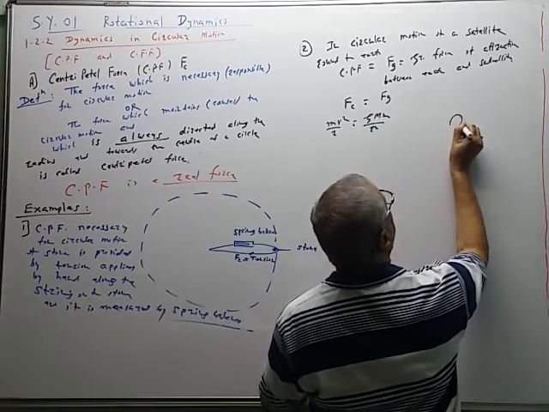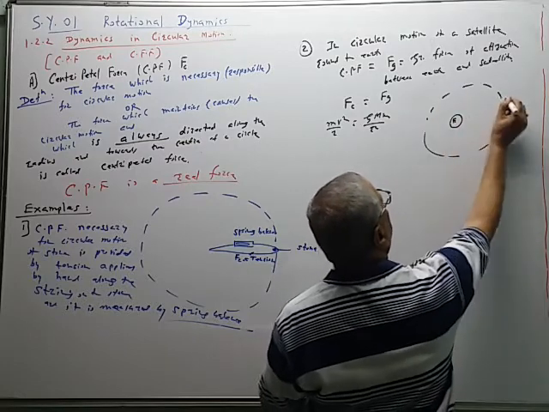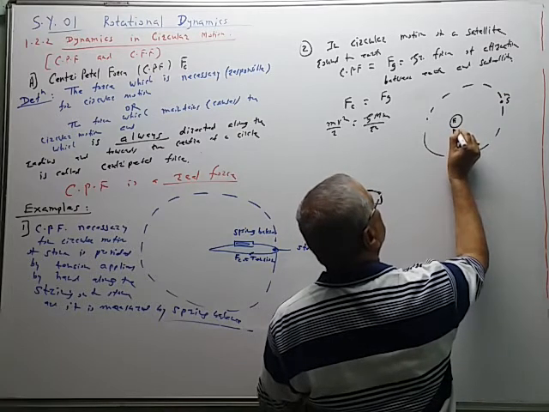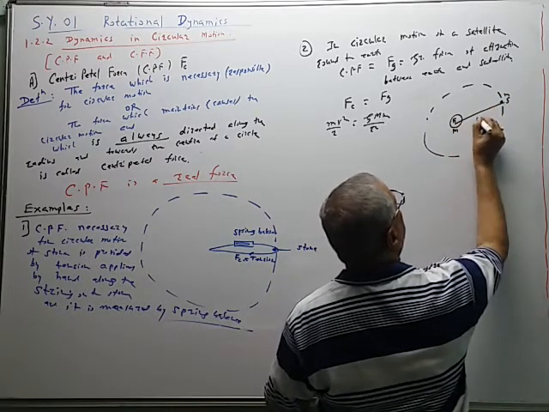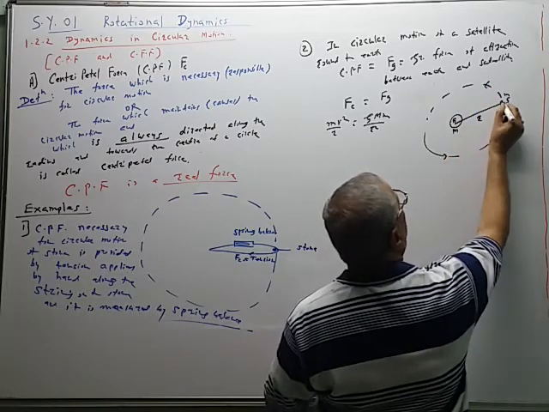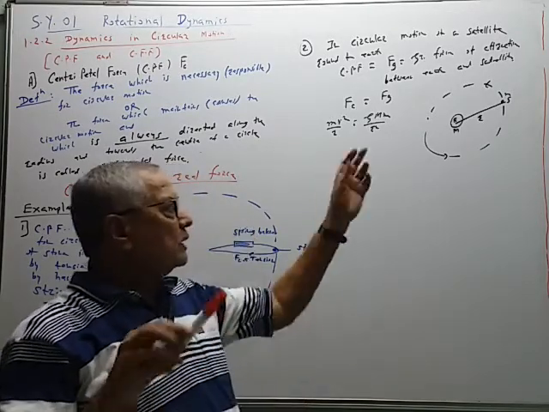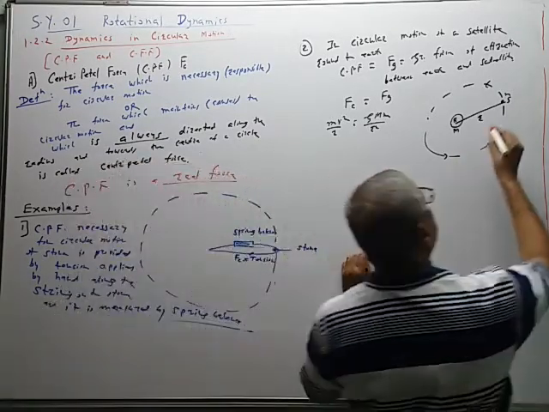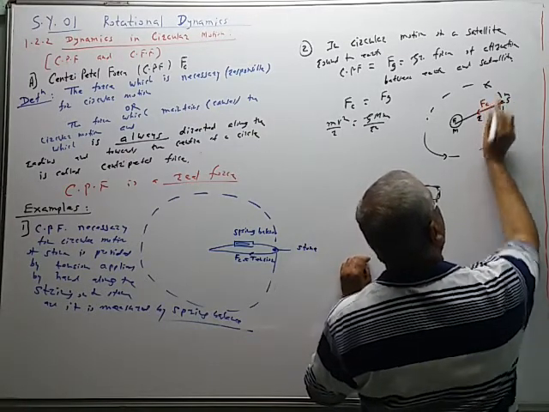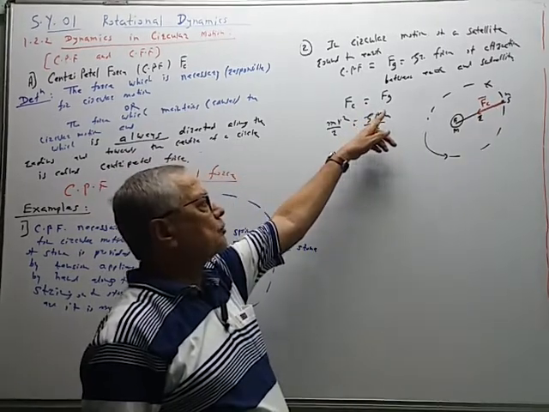So if this is the planet Earth and this is the circular path of the satellite, this is the satellite S of mass m. Earth has mass capital M. The distance between the Earth and satellite is r. This satellite moves in a circular path. On this satellite, the gravitational force between the Earth and the satellite acts along the line joining the two, and therefore this centripetal force is in the direction Fc. So it is provided by Fg, the gravitational force between them.